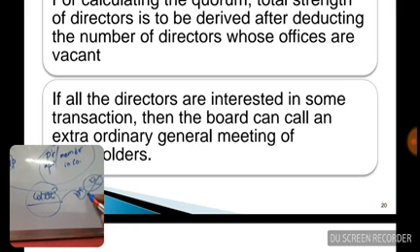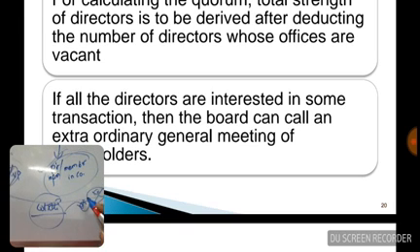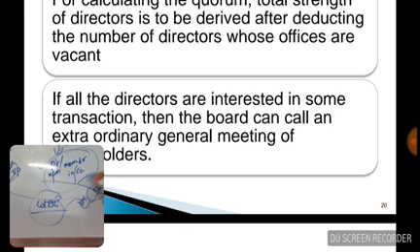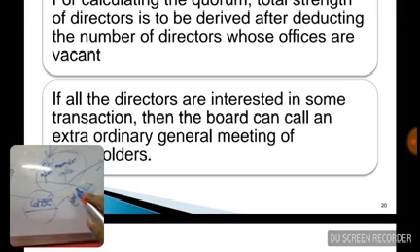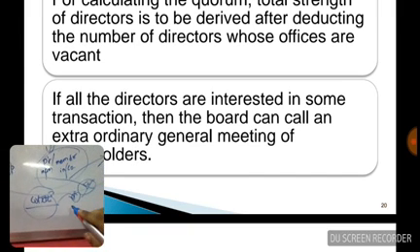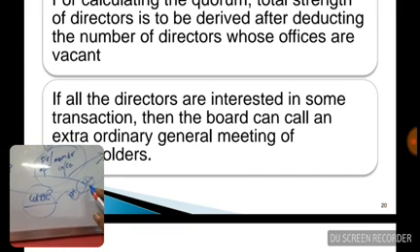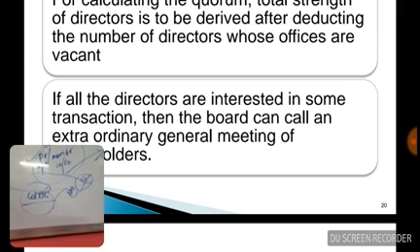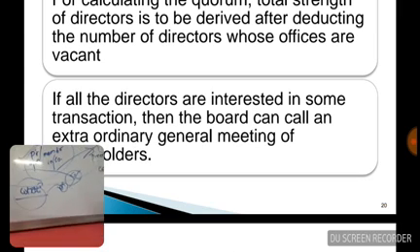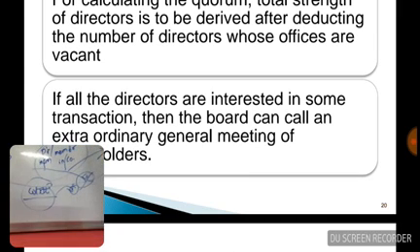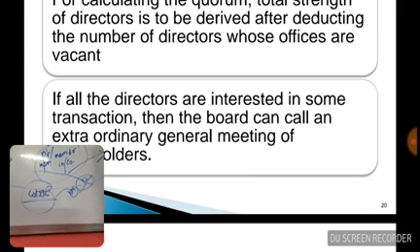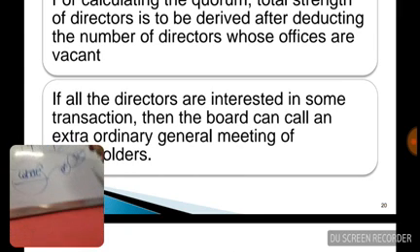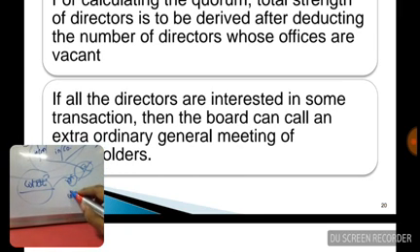And some of the situations have to be explained related to the interested directors now. Suppose more than 2/3 of total directors are interested. More than 2/3 of the total directors are interested, then the remaining directors or two, whichever is higher, should form the quorum. For example, out of 12 directors,